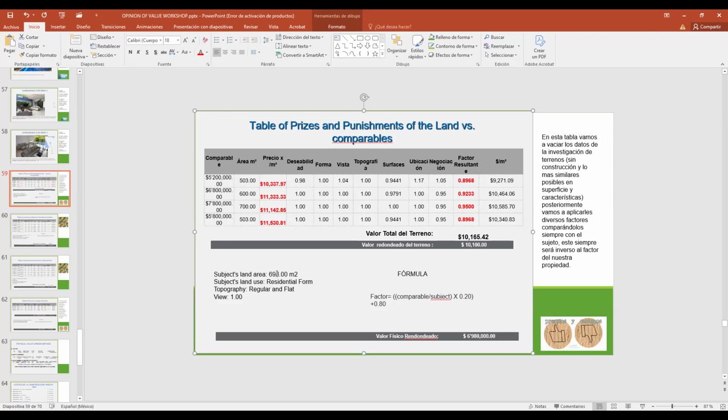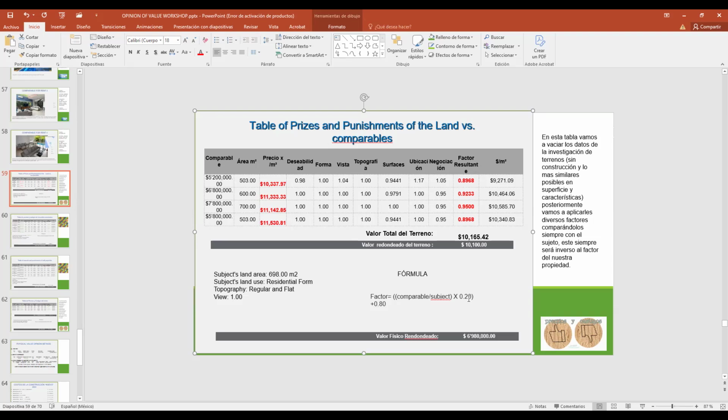You got it? Let me try it. It's going to be 503 over 698. It is 0.7206. And then it says times 0.20. The result is 0.1441.